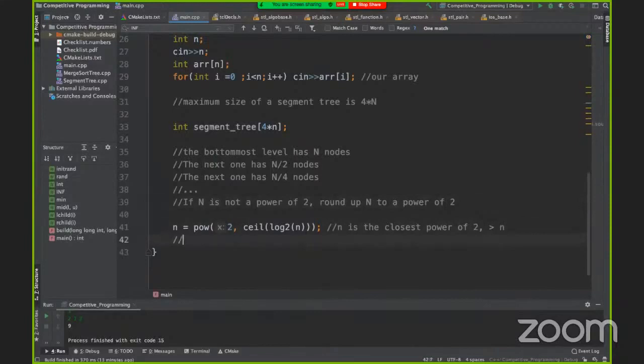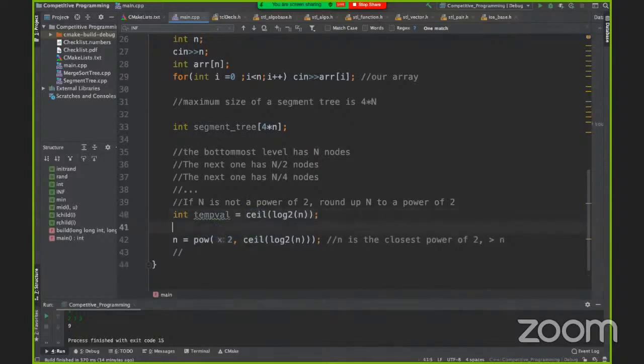Now look at it. So the final value, let's just call it temp val. This is the exponent.